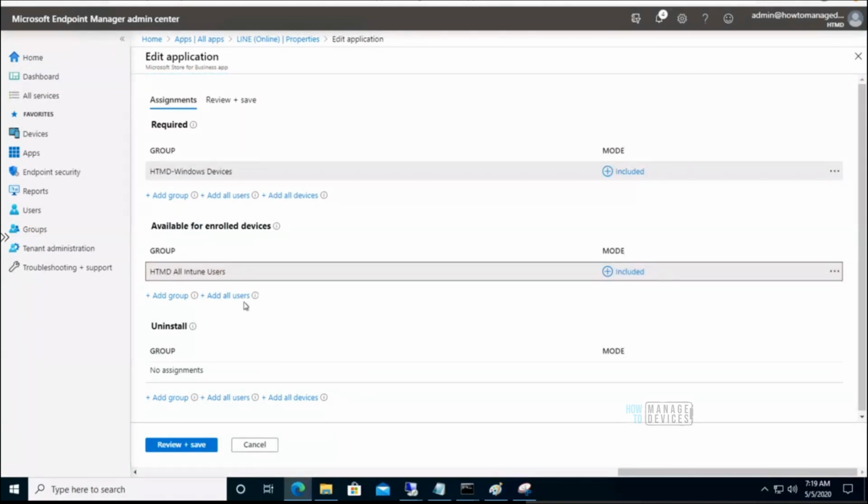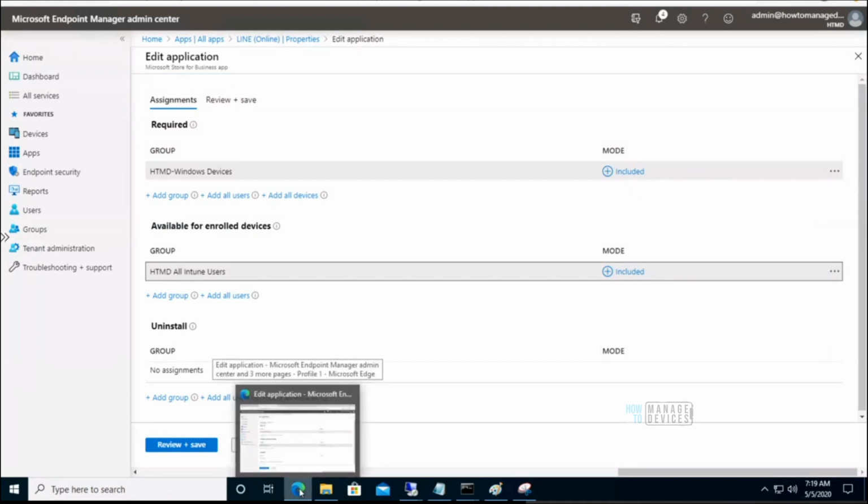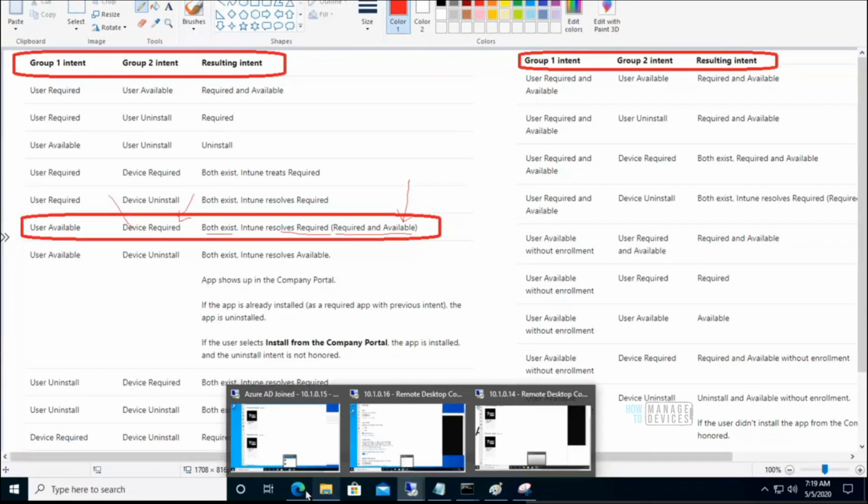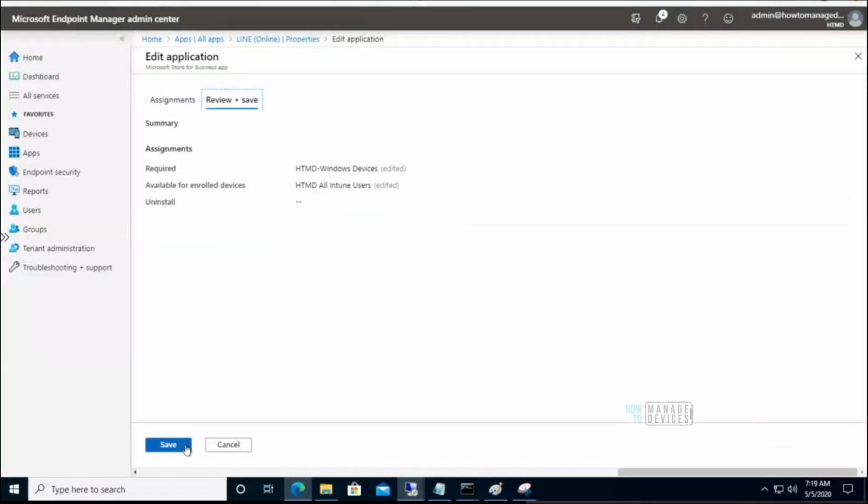In a production scenario, you might have this kind of scenario many times. So what would be the result? Both exist and Intune resolves it as required. Ideally the application should be installed automatically on the machine, and then it will be available in the company portal. So let's save that. Review and save, and you can see it's required and it's available, user group and device group.